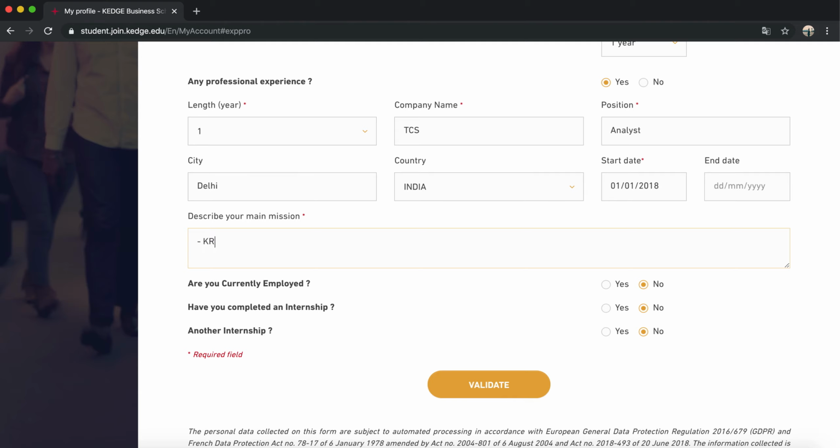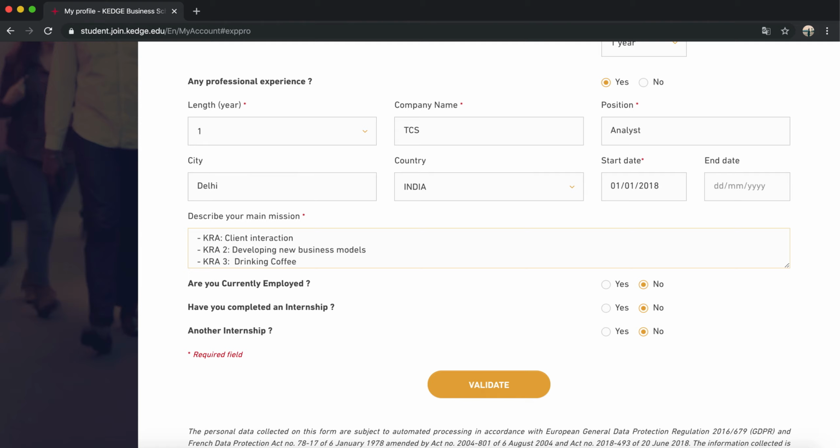Now, my first KRA is this, my second KRA is this, and my third KRA is this. Now you have to talk about your KRAs. That means key responsibility area. What do you do? Point 1, point 2, point 3. What do you do on a daily basis? For example, you can write client interaction. You can write about developing new business models and drinking coffee. Well, obviously this is a joke. This is not your main mission,